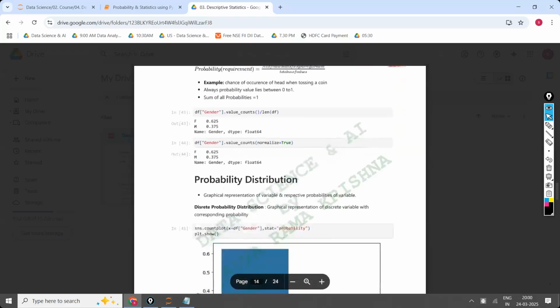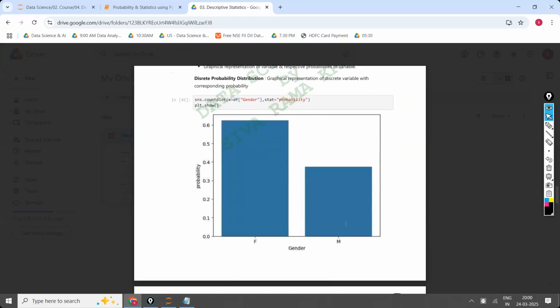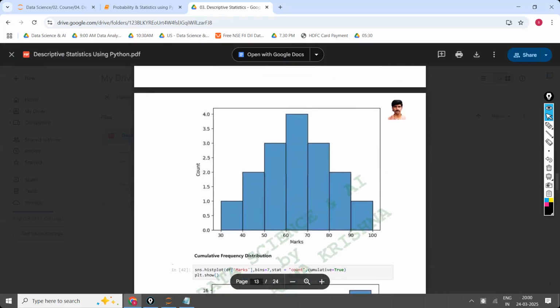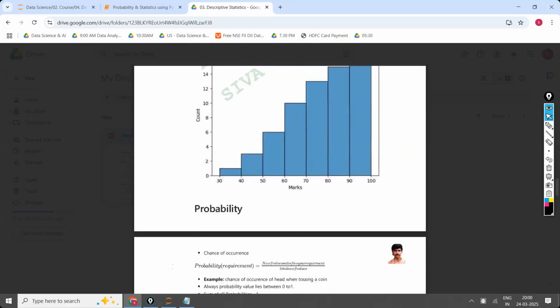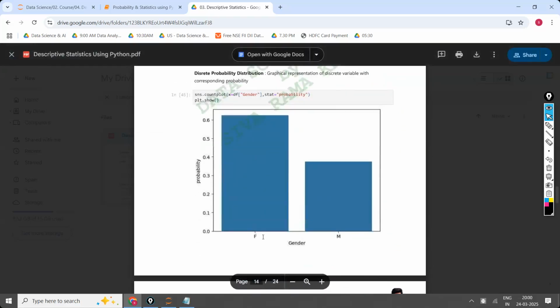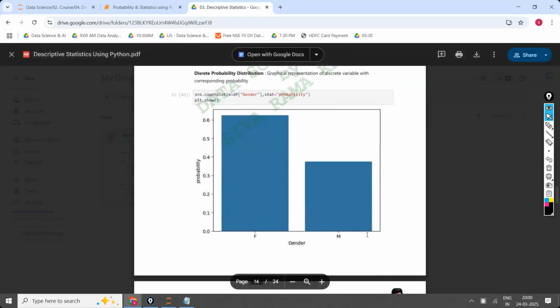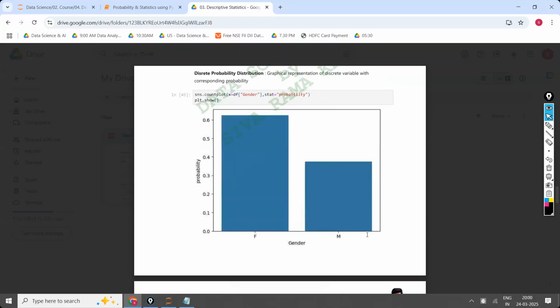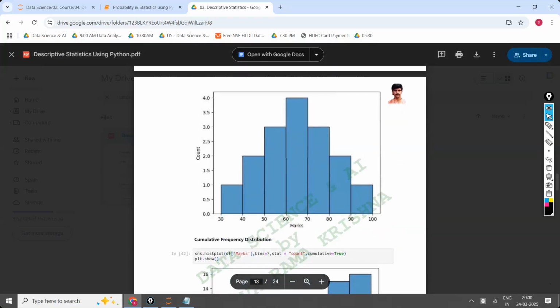Now the same logic when we are coming to this one, here also we are using the same kind of bar plot. Height. What is the height? But here an interval is there. But here an individual value is there, it is not the interval. Individual value is here in the bottom. When the individual value is at the bottom, that is a discrete variable, and it is called a count plot. And when the interval is at the bottom, it is called a histogram.